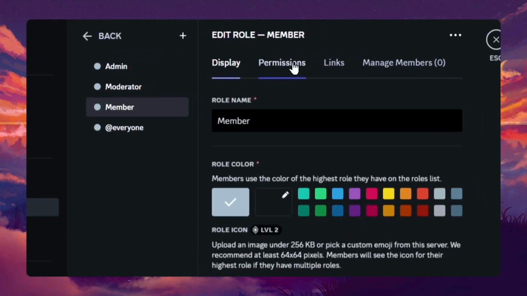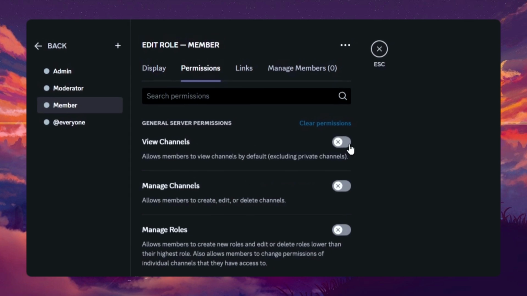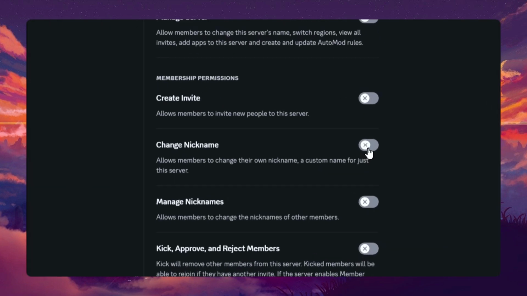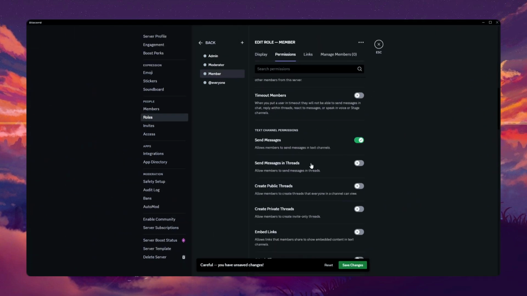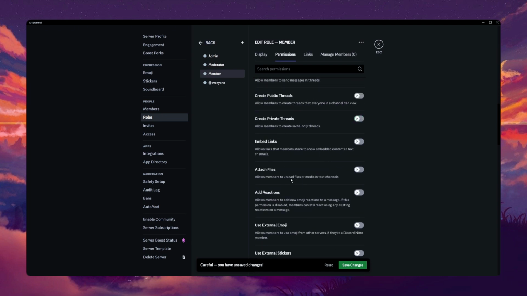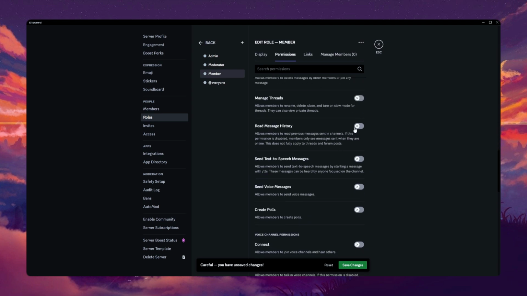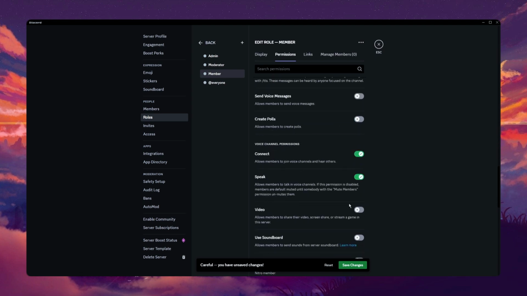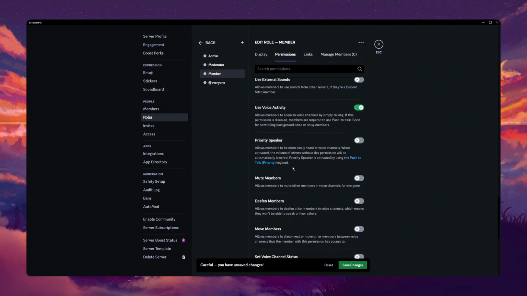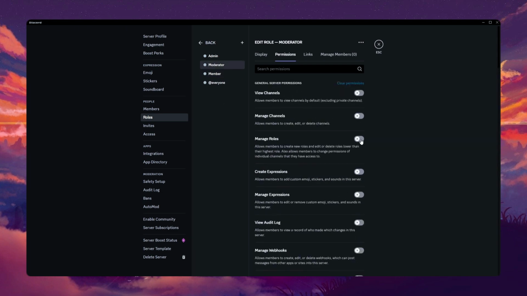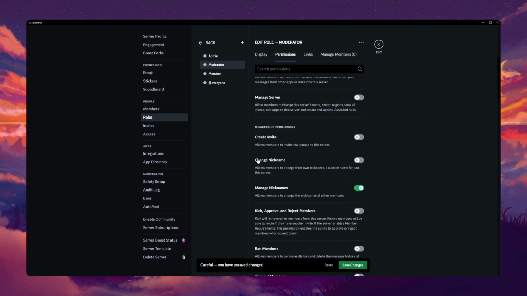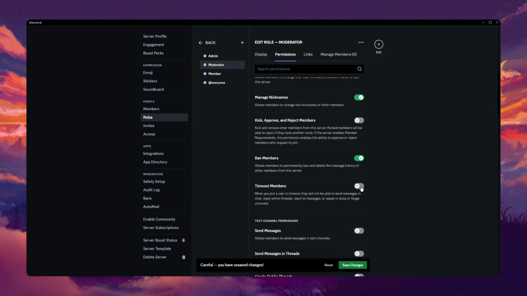We're going to go into members first. We're going to go to permissions. We enable view channels, scroll down, change nickname if that's something you'd like. This is optional. We're going to go down, send messages. If you want people to be able to create threads, we'll show you how to do that later, but we don't suggest to put that in the roles here. We're going to add these ones also later, add reactions, read message history, connect, speak, use voice activity. This is also optional, set voice channel status. That's basically it. For moderator, we're going to enable view audit log, manage nicknames, ban, timeout,